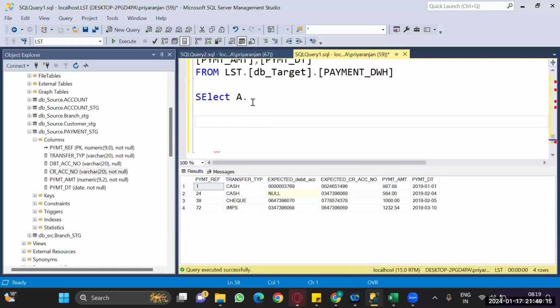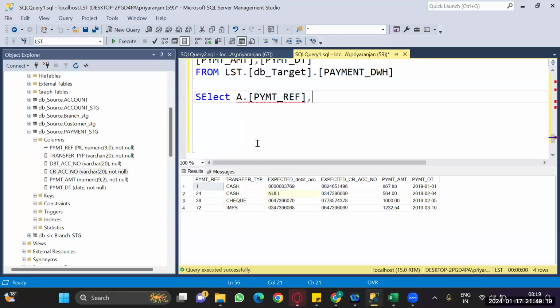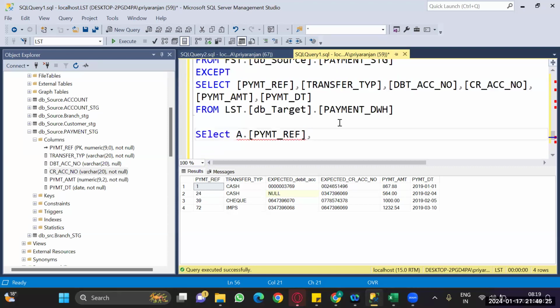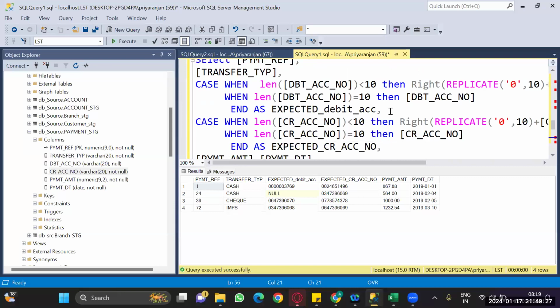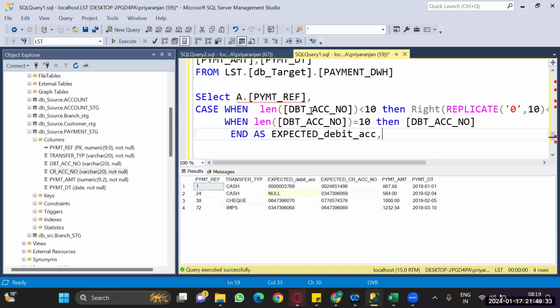Okay. Payment reference, comma. Then you can put this case statement. We want to check only the debit account number. So I'm keeping only the debit account number. I'm checking between the source and target. So